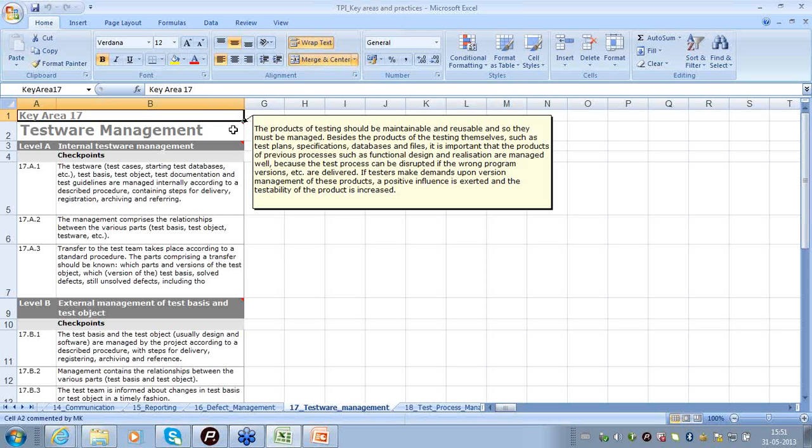So the model recommends that this testware has to be archived for future use, and has to be managed effectively so that the organization gets the complete benefit of reusing the test effort that has been spent in the previous project.